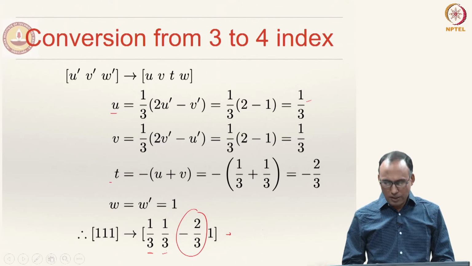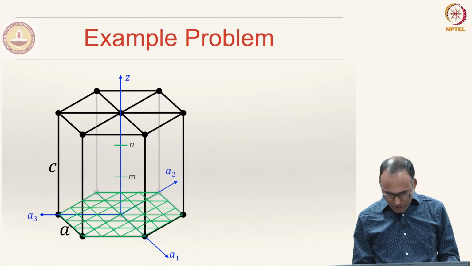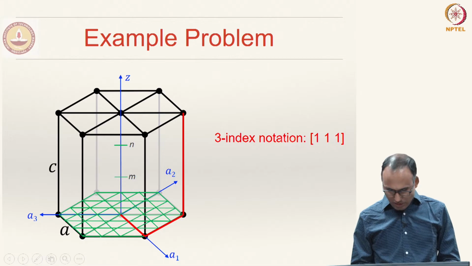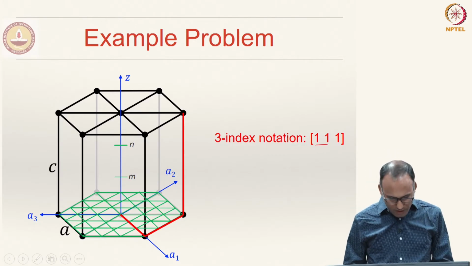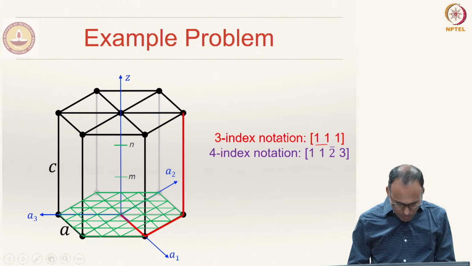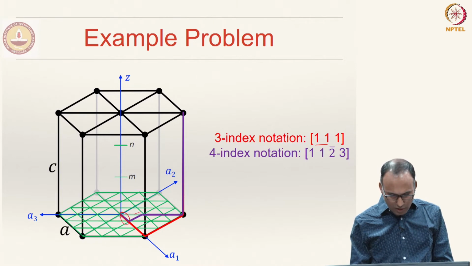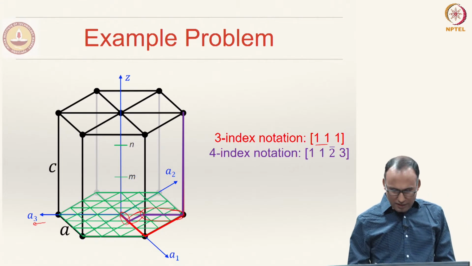Then you need to show that on the hexagonal crystal lattice, the hexagonal unit cell. Well, let us show that. So, this is 1/3 distance. We have to move 1/3 along A1; that is your 3 index notation 1 1 1. So, that is our 3 index notation. In 4 index notation you have to move 1/3 along the A1 direction, so that means from there to there and so on. This is our 1/3 along the A1 axis, 1/3 along the A2 axis, and minus 2/3 because A3 is shown in this direction. So, minus 2/3 is this, and then this is